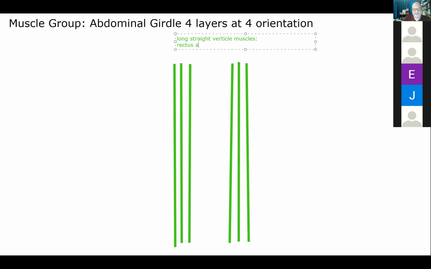Rectus abdominis. There you go. Bingo. Rectus abdominis. Now, you may not have recognized my drawing of it because one of the interesting things that occurs with our rectus abdominis is there are actually small tendons, and those tendons divide this straight rectus muscle into not 1, not 2, not 3, but 4 individual bellies on each side,